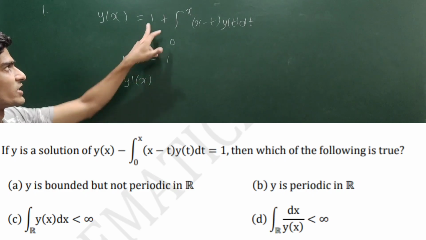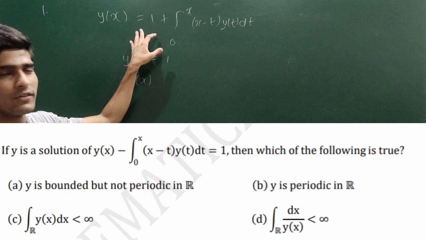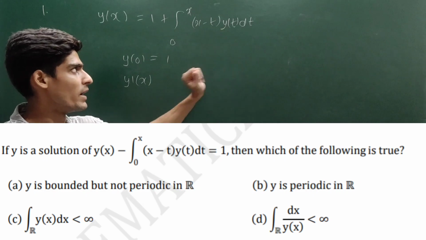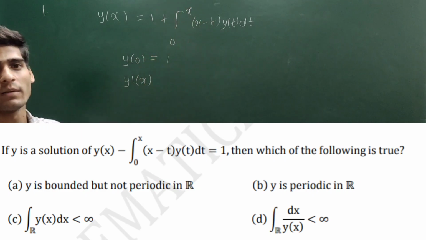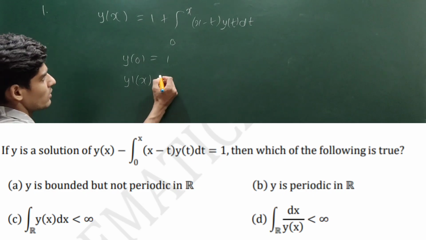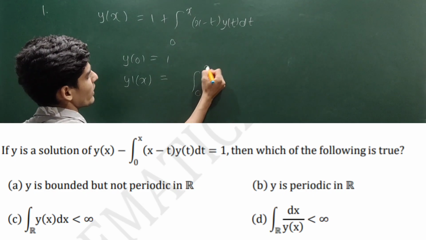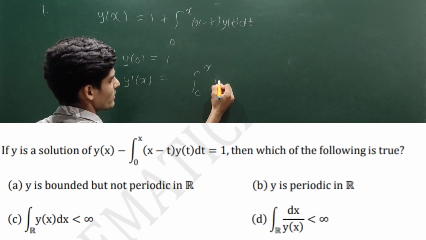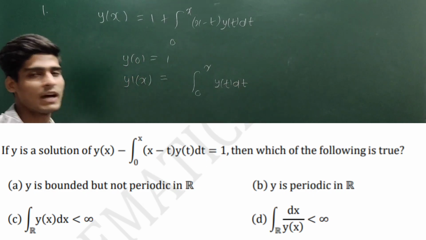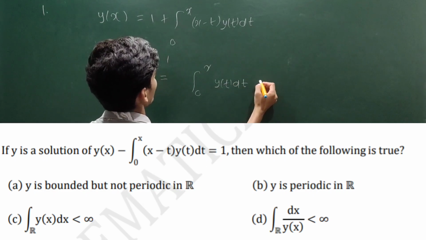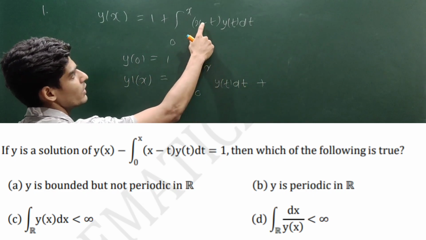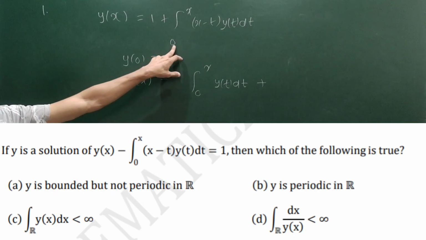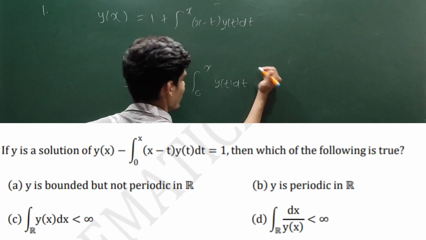This function is differentiable and it is a solution of the ordinary differential equation. This is a continuous function, this is a polynomial. So this is continuous, and by Riemann theory, if this is continuous, then this integral becomes differentiable. So you can apply the Newton-Leibniz formula. It will be integral 0 to x, differentiate partially with respect to x, you are going to get 1 from here. This is simply y(t) dt, and plus if you put x in place of t, this part will be 0, so the differentiation of this will be 0 by the Newton-Leibniz formula. So I will have only this.